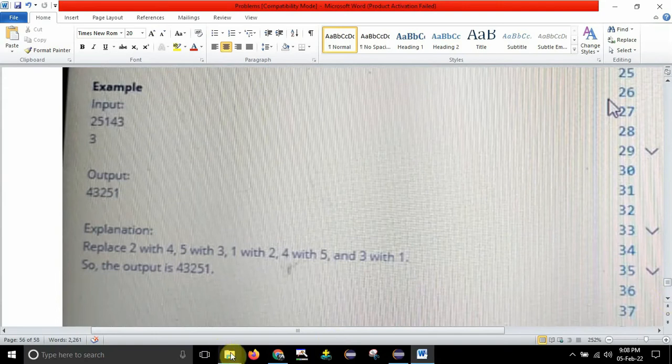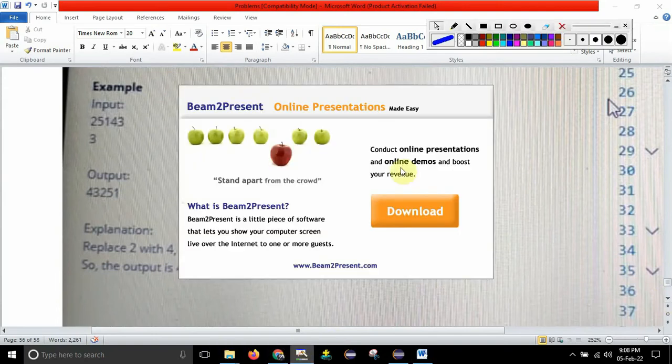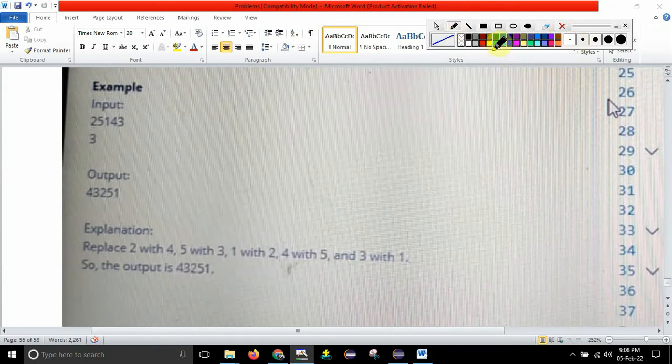Here you will be able to understand it properly in this example. Let me just use the digital pen. Actually I'm writing with the help of a mouse, guys, this is not actually a pen. You might have observed like I'm writing a code, right? Yes. Okay, fine. Now whatever input number they have given, I will just write it over here: 2, 5, 1, after that 4 and 3. So these are the 5 numbers which they have given.